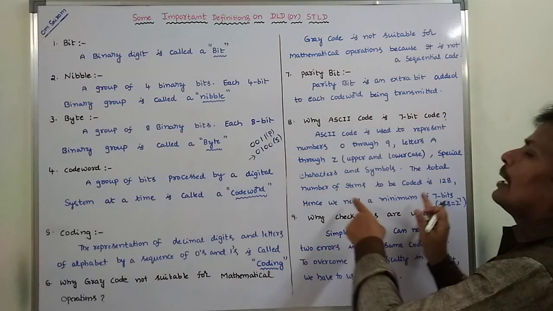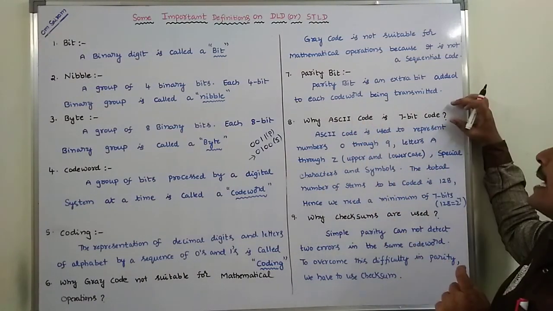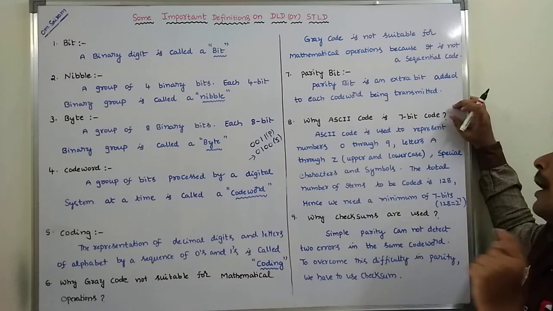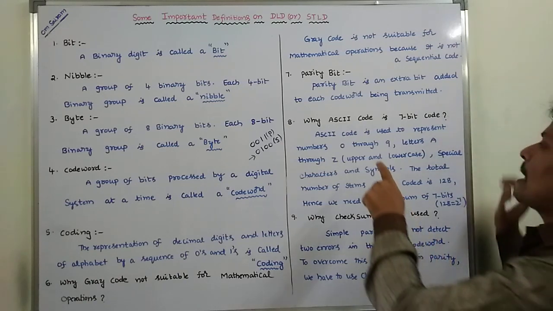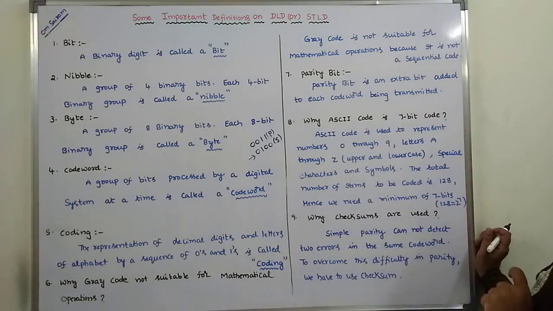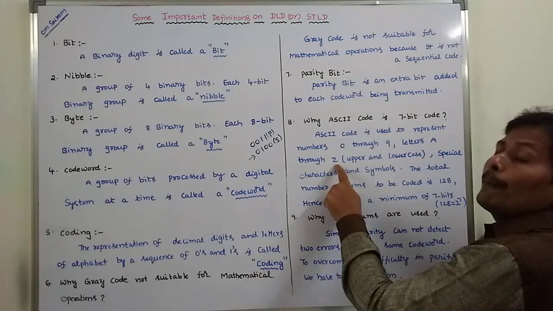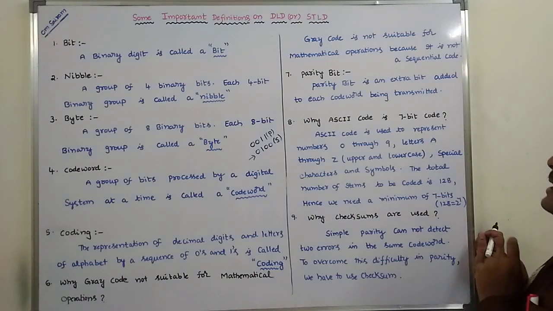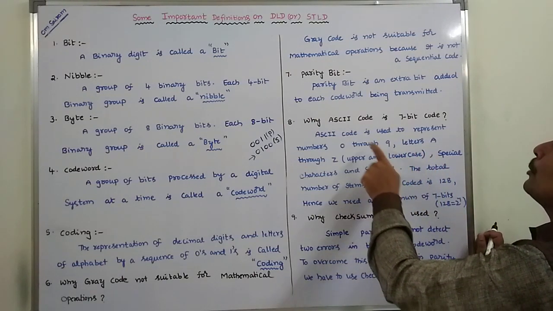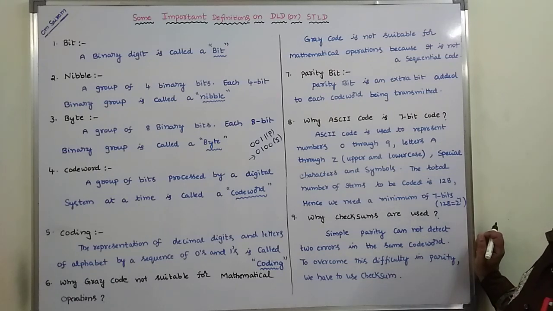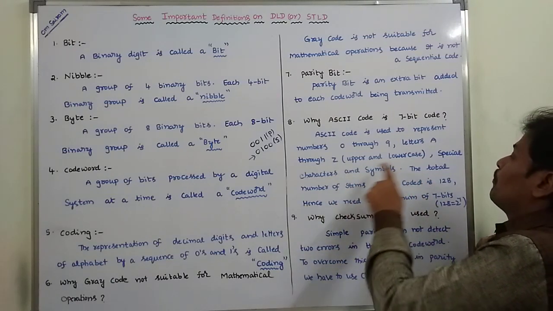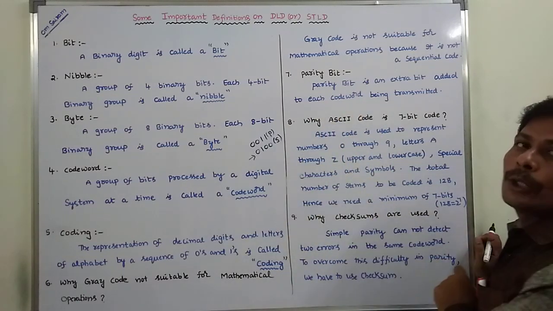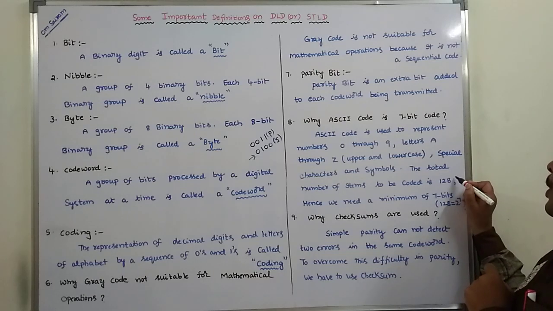These can be represented by using ASCII code. Total, how many numbers are there? How many letters are there? For example, 0 to 9, that is 10 digits. Letters A to Z, capital letters 26, lowercase letters small a to small z 26, 26 plus 26 is 52, 52 plus 10 is 62, and the special characters and special symbols, all these together the total number of items is equal to